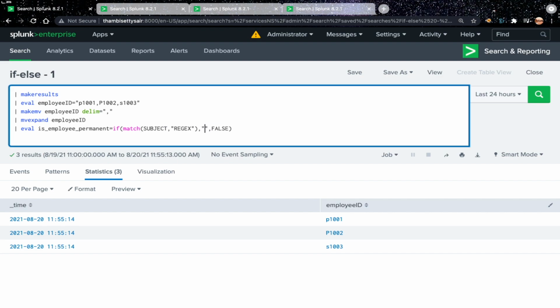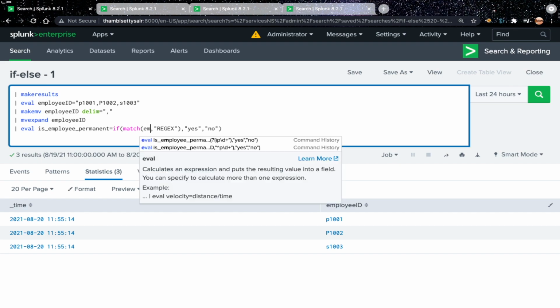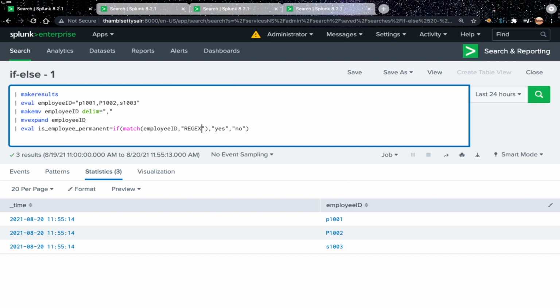The value should be S and the other value should be no. So the subject would be employee ID, and here is the regex pattern we are going to use to match permanent employees.